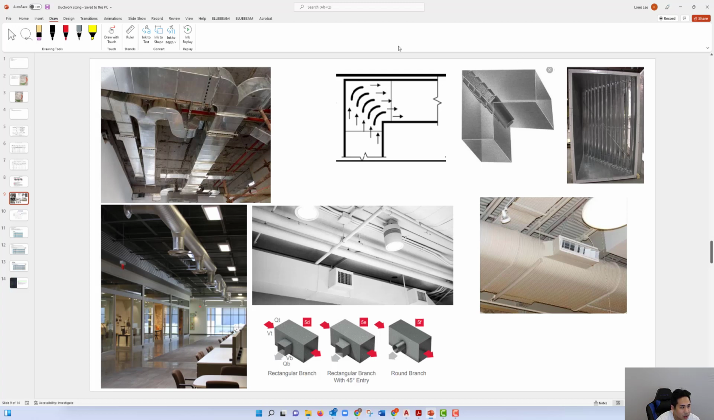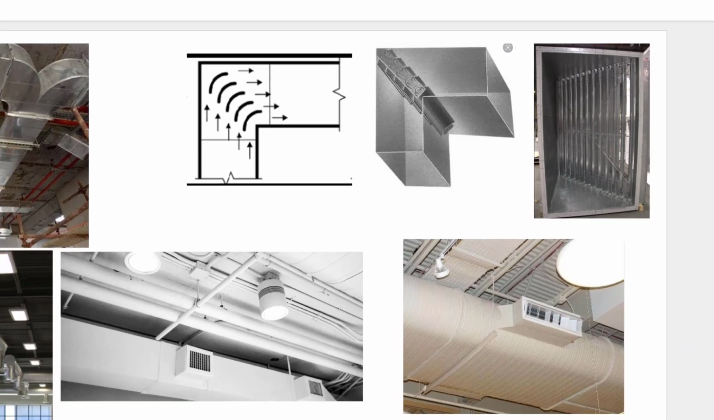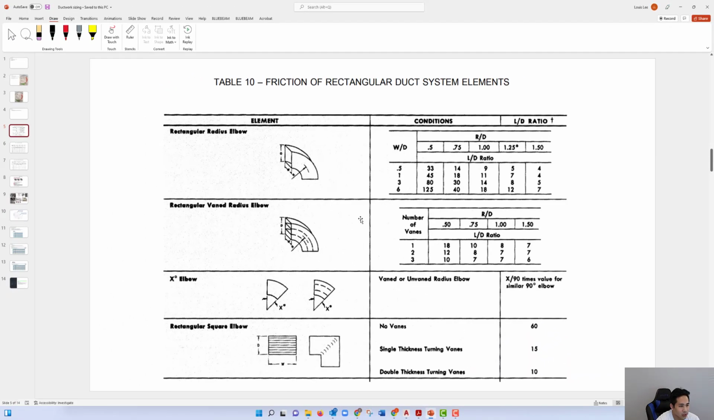Now this up here is a 90-degree duct elbow with turning vanes, and turning vanes are these things here, which you can also see in this picture and also in this picture as well. So turning vanes are used to reduce the friction losses across this elbow. Now to figure out what the friction losses are for these connections, you can use tables such as this, and